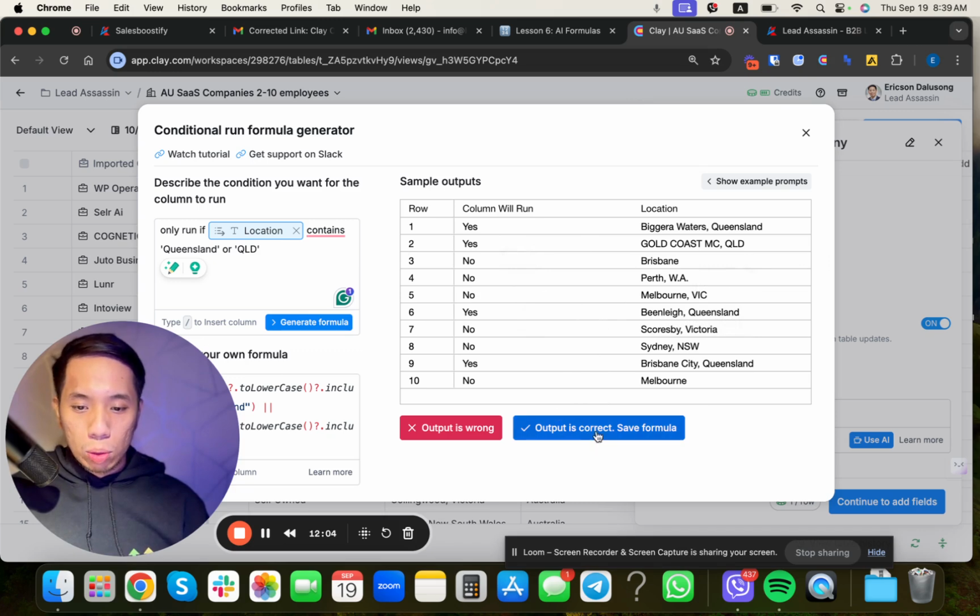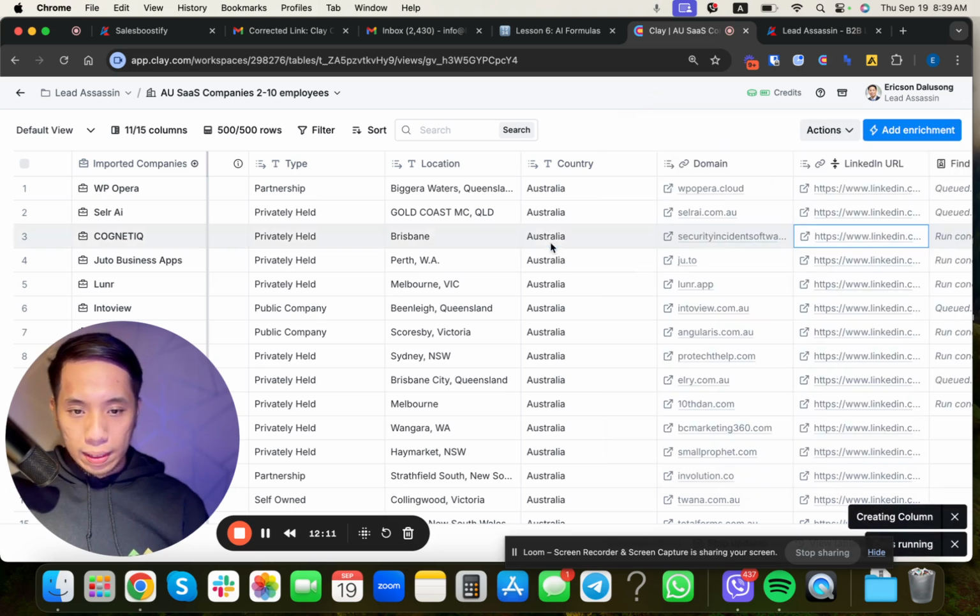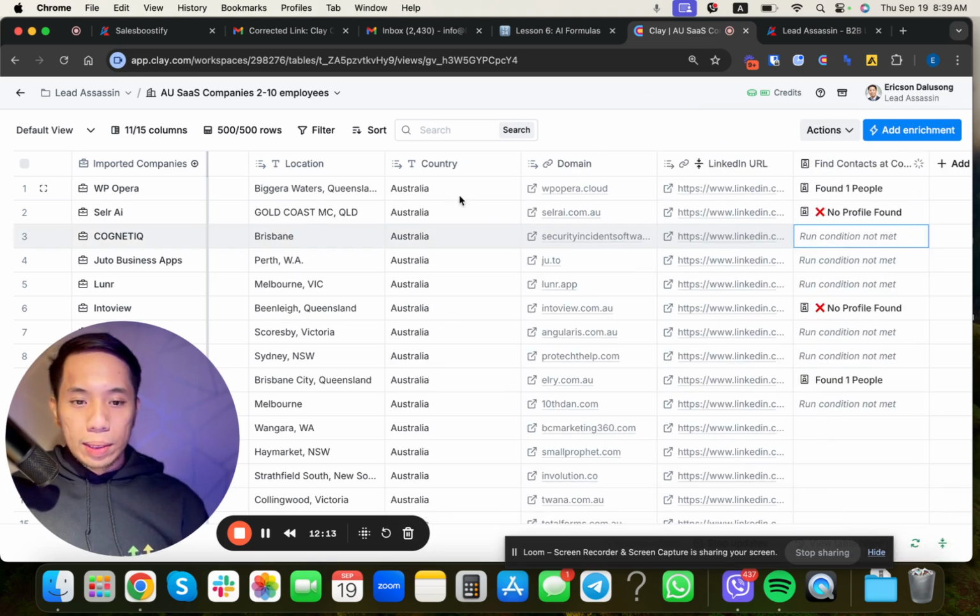And what I'm going to do is I'm going to test this for 10 rows and let's see if it is correct. So as we can see here, the enrichment only ran for specific rows or for rows that only contains Queensland or QLD.